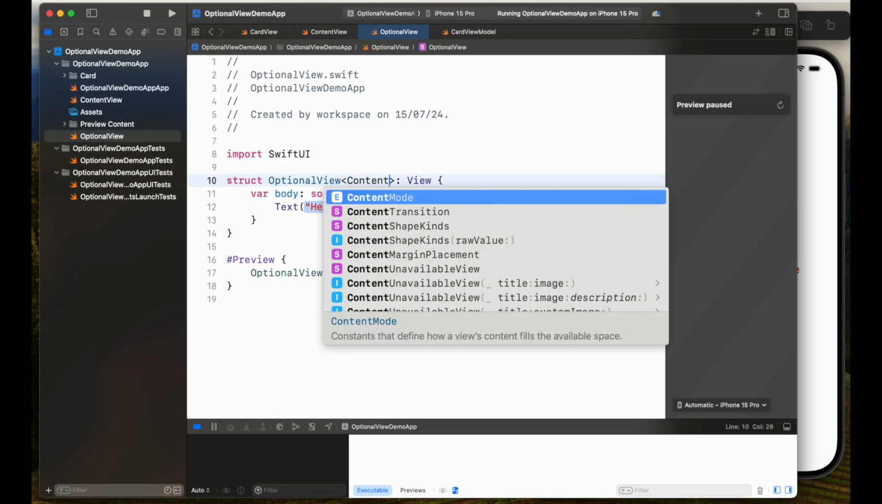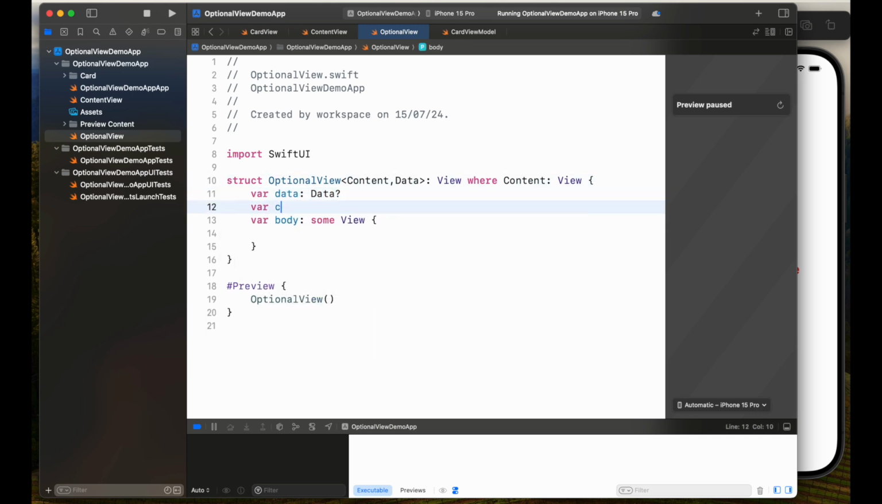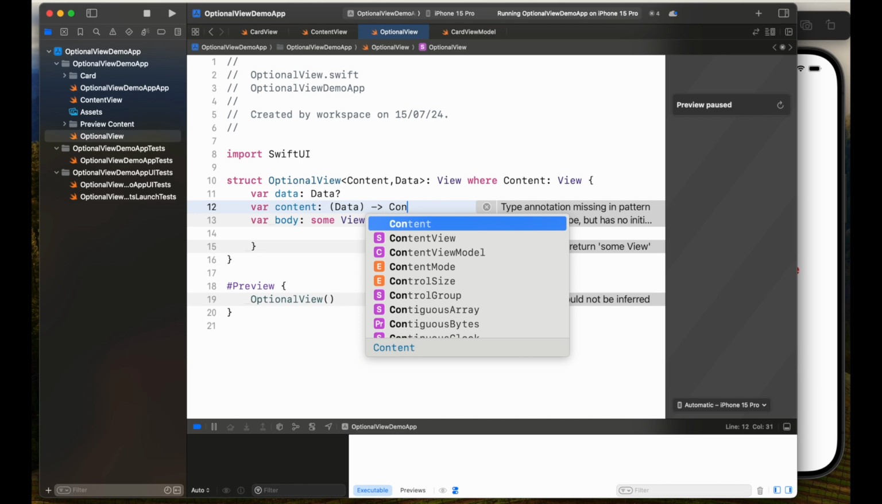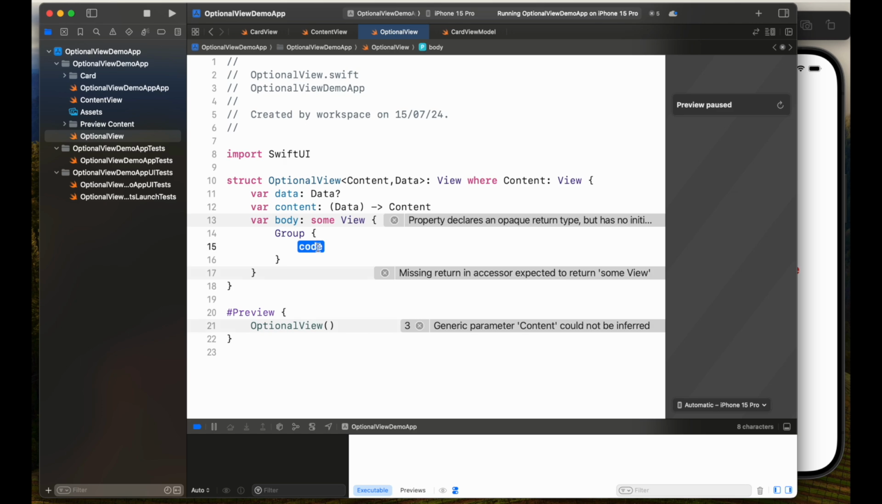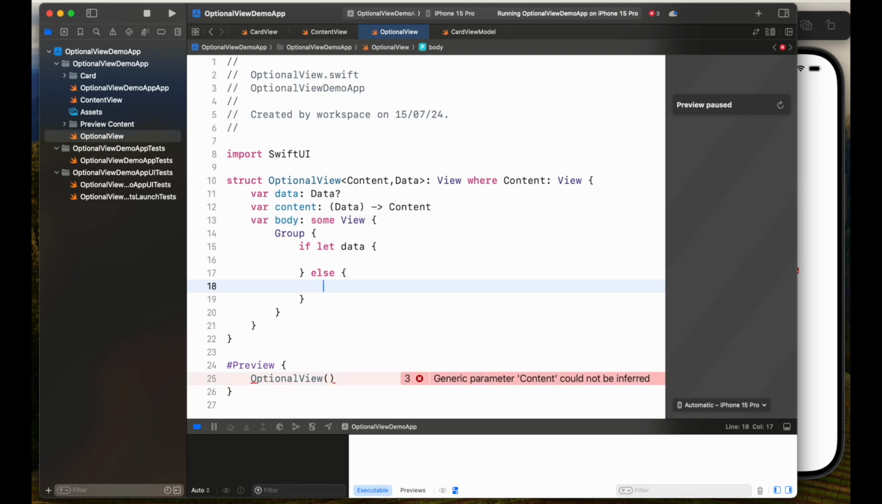We'll add two generic parameters, content and data. Content is of the type view, and now we will define two variables of the data as well as content type. Content would be a closure which has data as the signature and returns the content type. Just to clarify here, the small letter content is used as the member variable and the capital letter is the